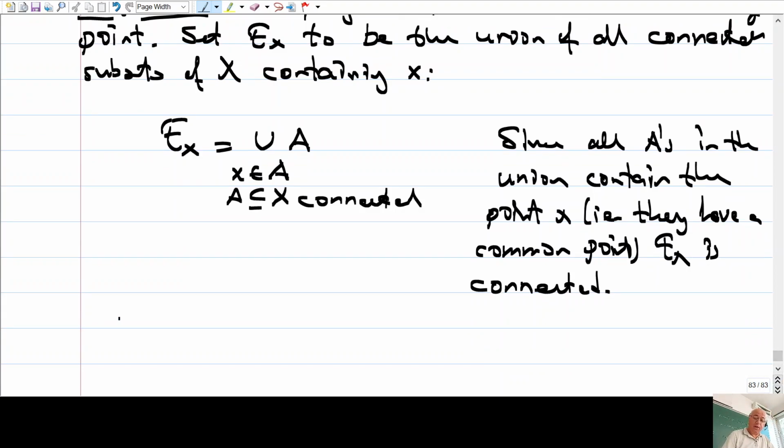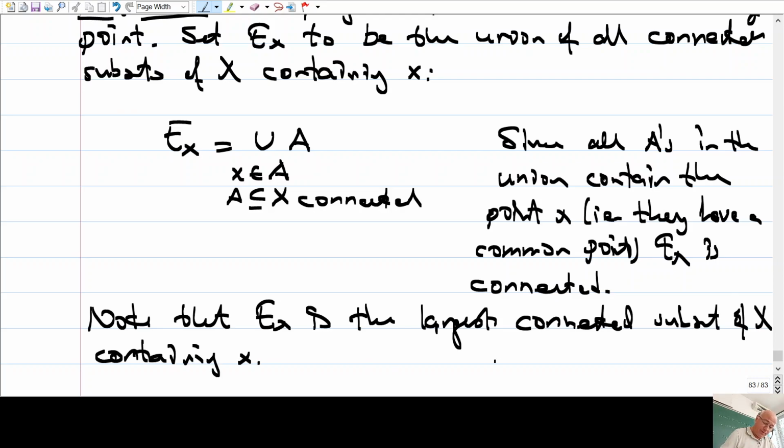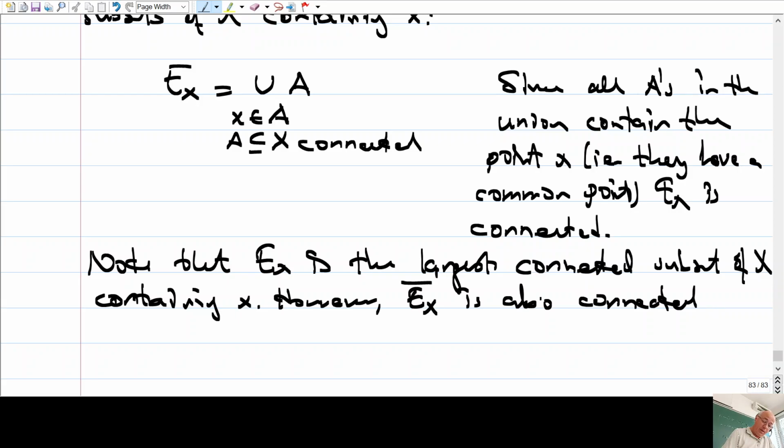Well, we know that if we have a connected subset, then its closure is also connected. Note that E_x is the largest connected subset of X containing x. However, we have something slightly larger than that. This one is also connected, because the closure of any connected subset is connected. But E_x is the largest one,